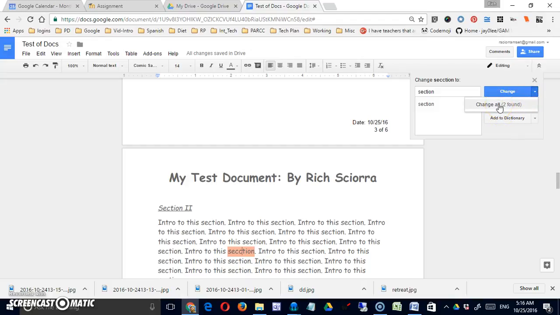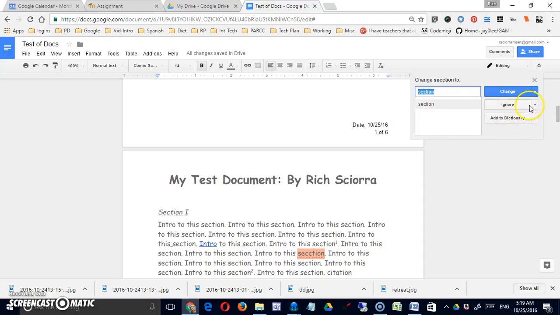And I can also change it for any other identical misspellings in the document. Another option is to ignore it. So if there was something that it identified as a misspelling that I wanted to keep, I can either click ignore or I can click ignore all, which would then not prompt me when it found it further in the